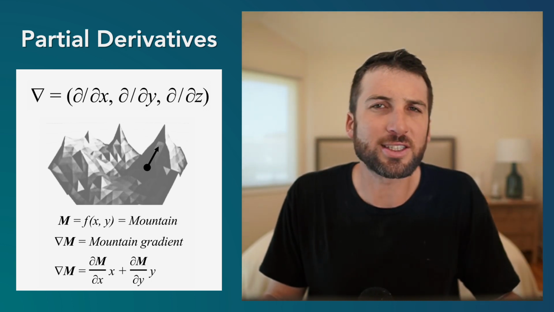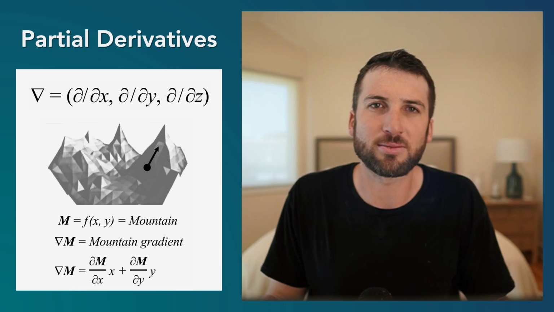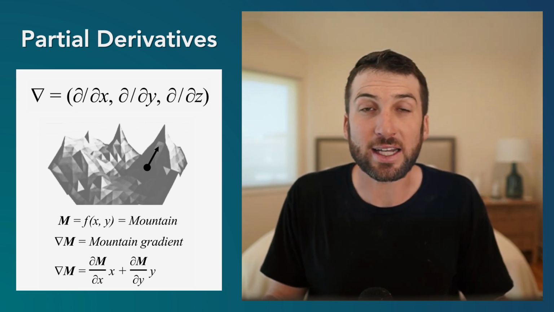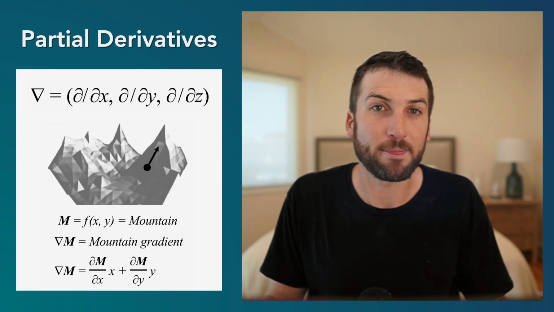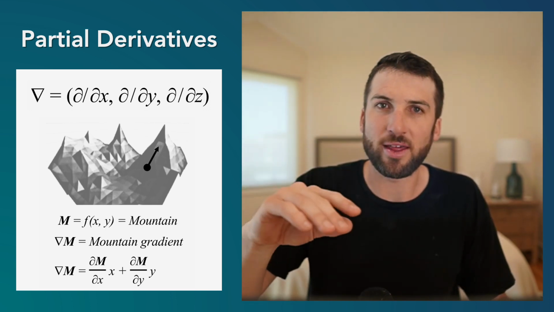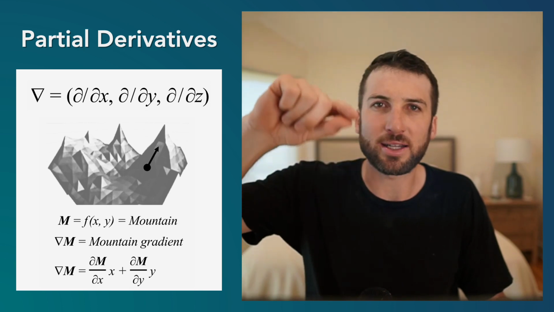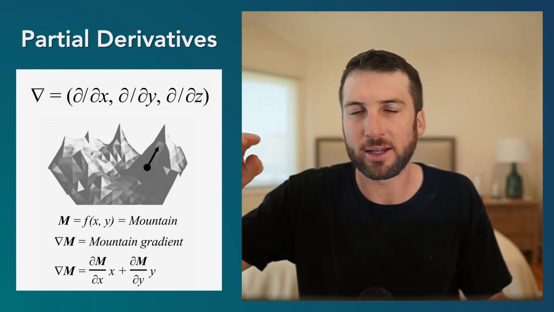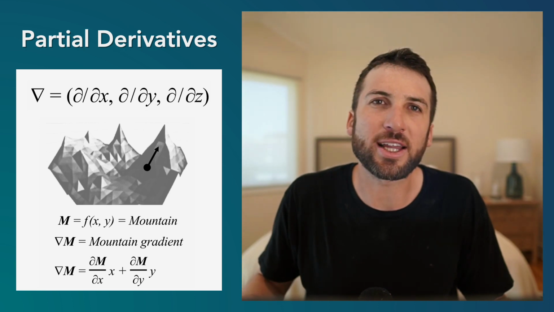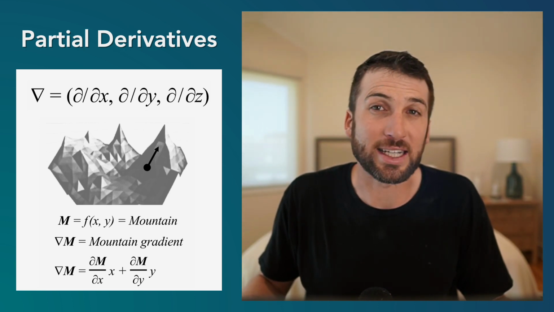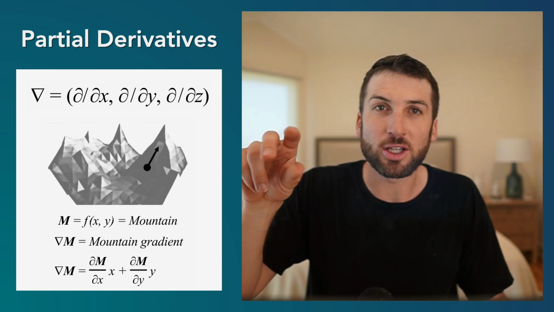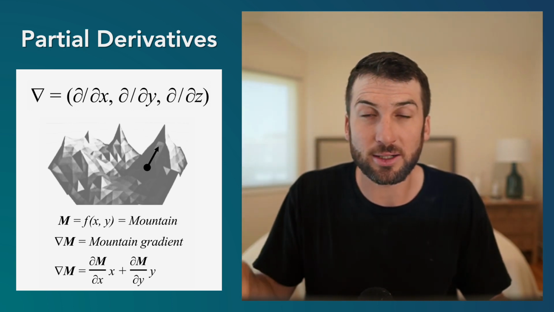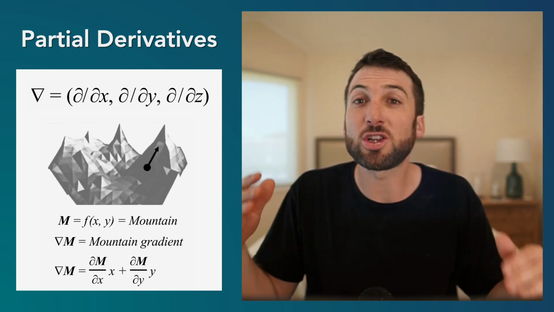Now, to give an example of this, let's imagine there are two inputs, and f of x and y describes a mountain. So basically f of x and y can be thought of as z, the height at any given point. Now, if you take the gradient, which is basically the partial derivatives using this del operator, and put it on the function of the mountain, that's understanding the slope on the mountain.